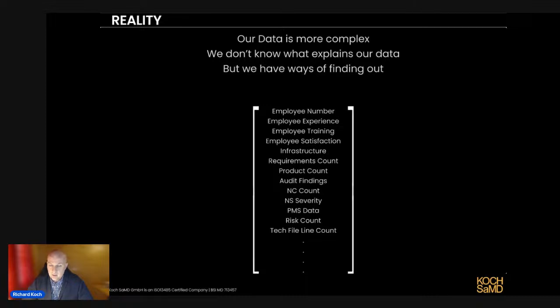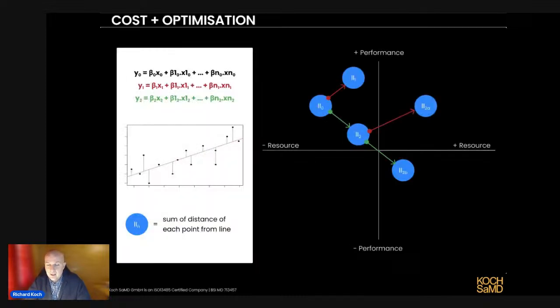Okay. And again, the AIML can process a hell of a lot of data and spit out these answers for us, where we could have teams of analysts and probably still not do that heavy lifting. So the good news is, with this technology, we have ways of trawling through that data and seeing what we can find. Now, again, a little bit of a math lecture here. I'll try to keep it simple. But again, if you can get your head around this, this is one of the strategies we can use to program our AI to find optimal solutions. So in the left-hand box on the top, we've got a multivariate formula here.